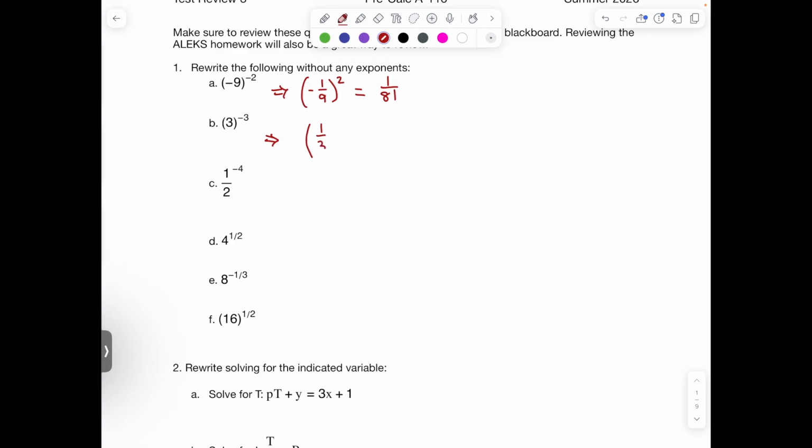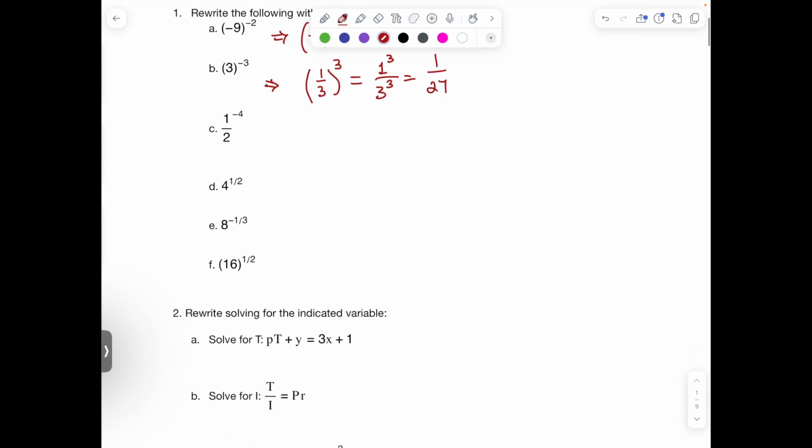Same idea, 1/3 to the positive 3. We cube both the top and the bottom, so we get 1 over 27. Okay, for part C here, we have a similar one. This whole thing should be to the negative 4th. So we need to make this positive. Whenever we have a fraction and we have a negative with that, we swap it. So we should have 2 over 1 to the 4th power here, which turns into 2 to the 4th, which turns into